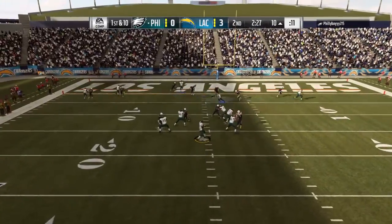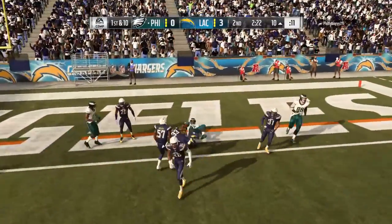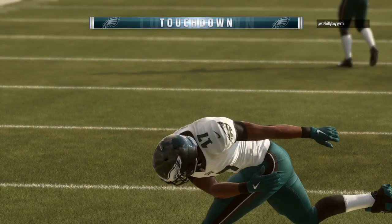On 1st and 10, here's Wentz. Flushed out right. And he is into the end zone. Touchdown, Philadelphia. Alshon Jeffrey from